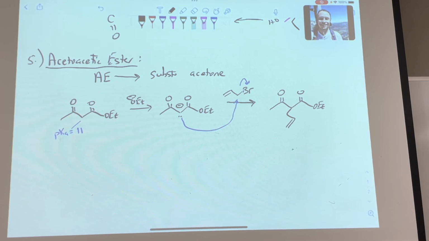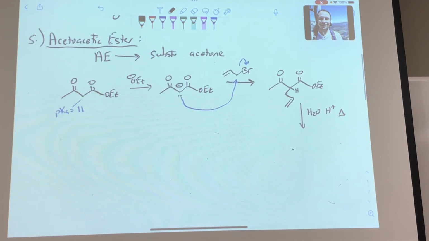And again, like we talked about a minute ago, you still have an acidic alpha position there. So you could do this again. You can do a double substitution if you wanted to. But if you don't, we would just work up under the same conditions. Dilute acid and heat. That's going to accomplish the same two goals, namely hydrolyzing the ester